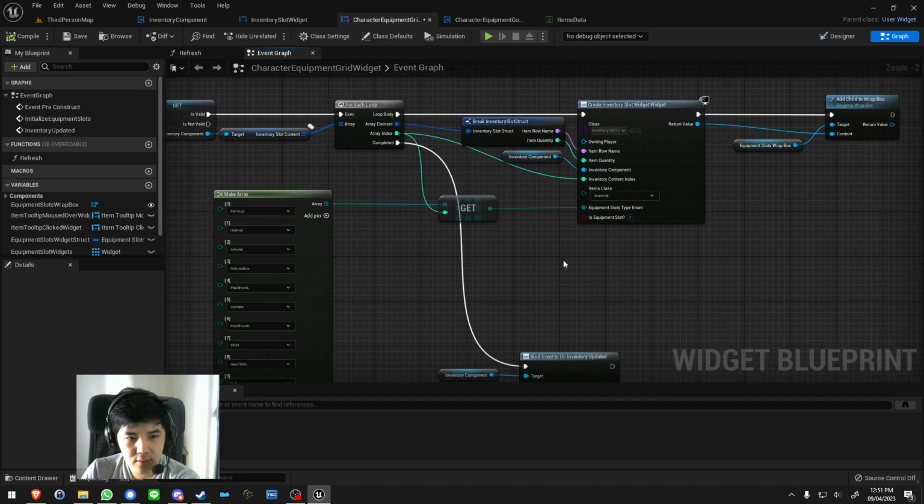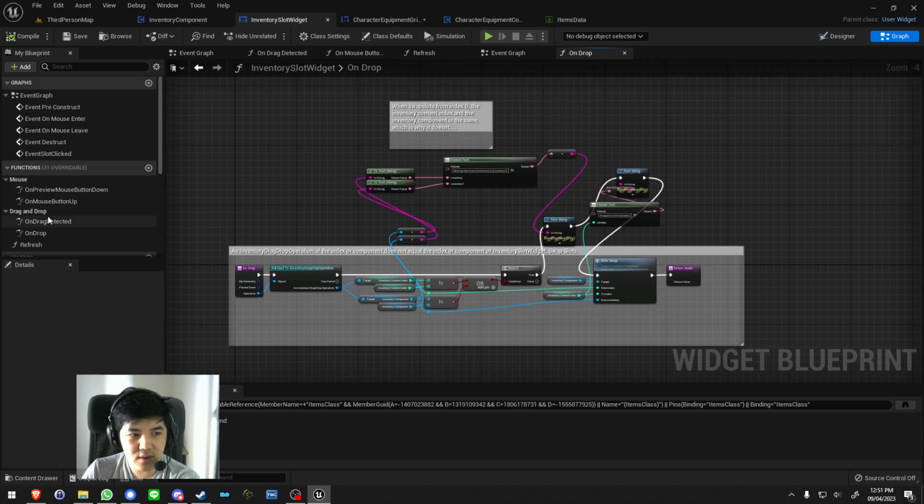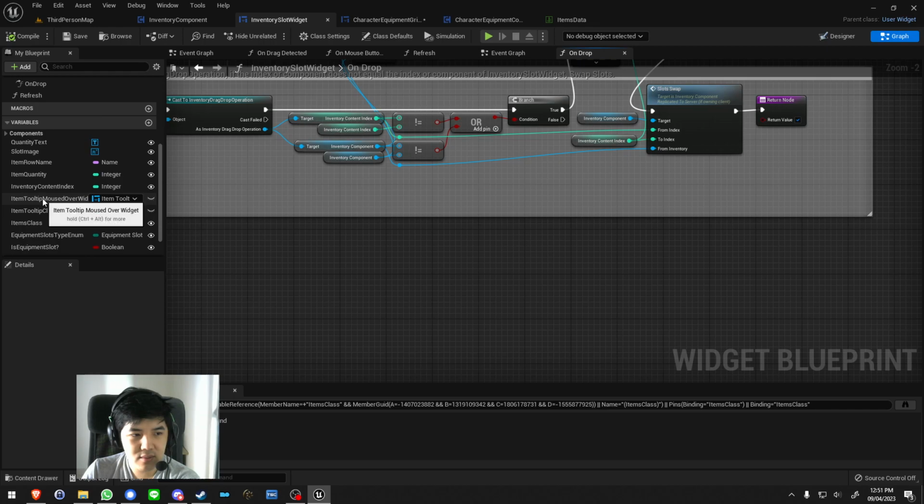Oh, wait, okay. So, wait. We don't actually need to turn this into a variable because we can just ask for the equipment slot type on drop in inventory slot widget. So on drop, get the